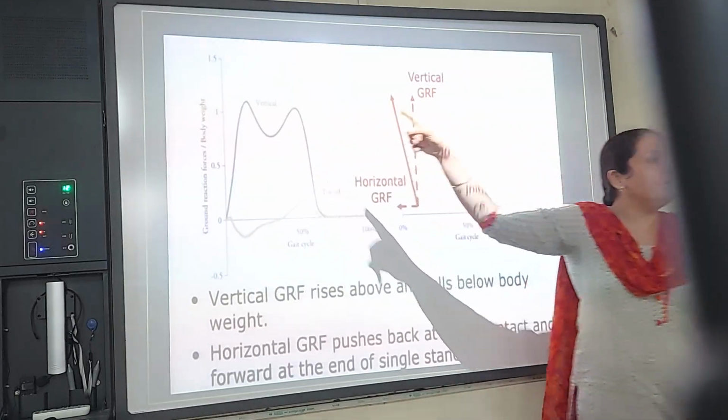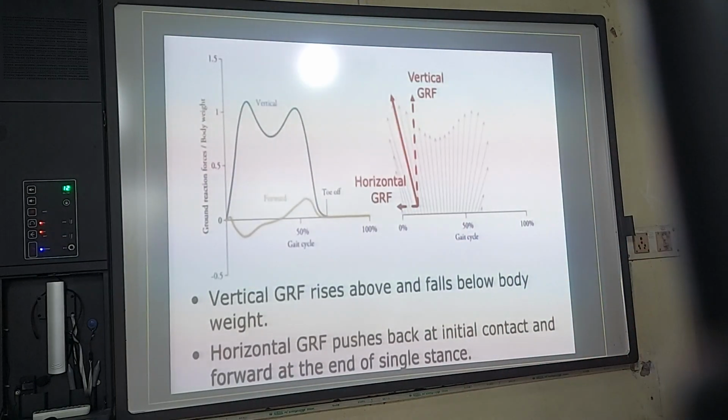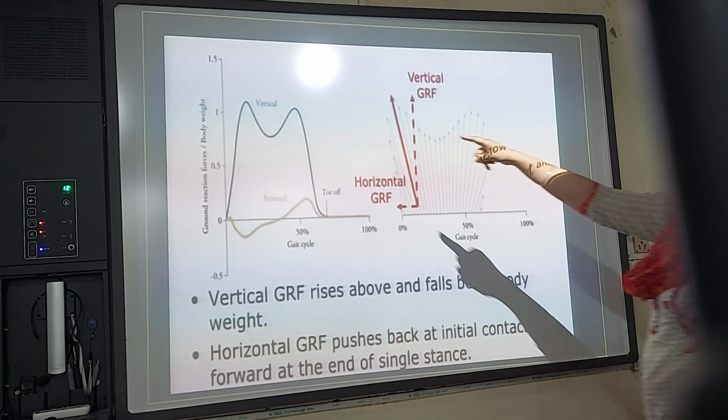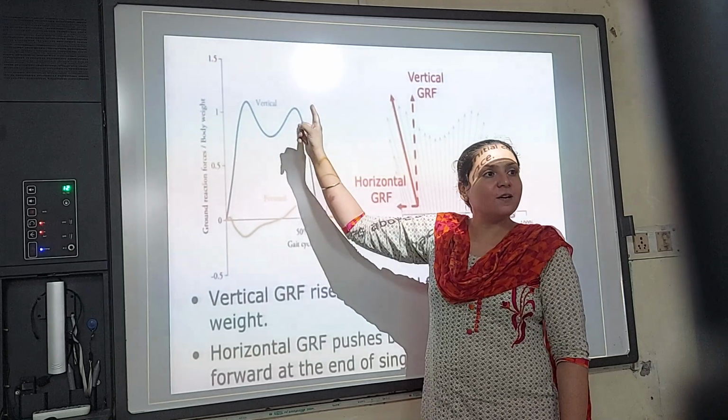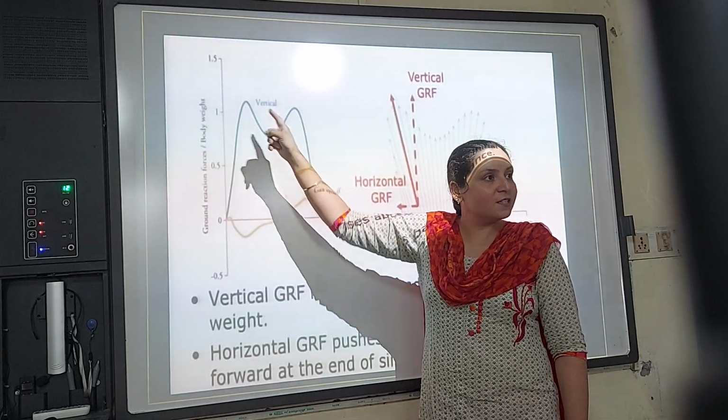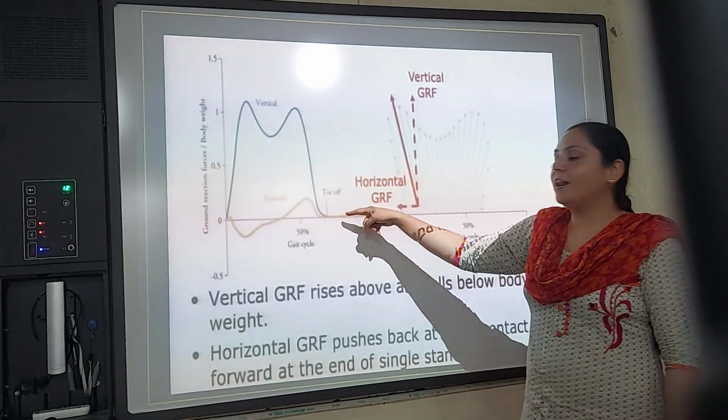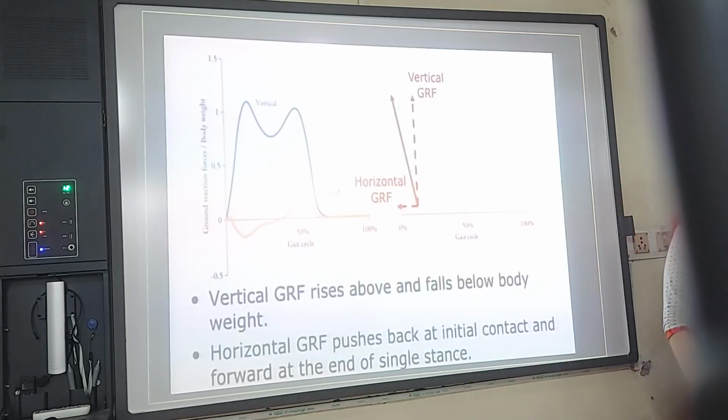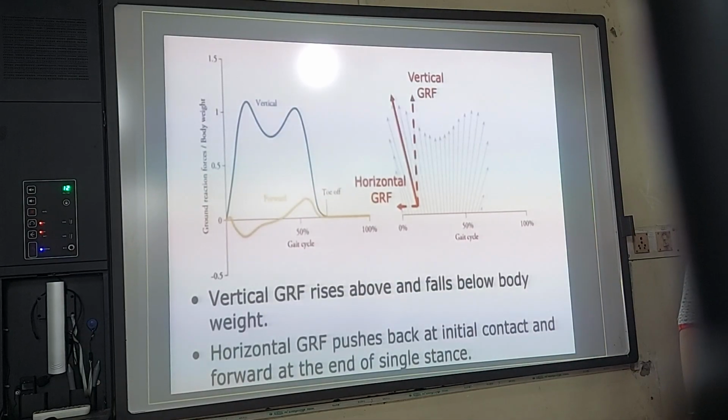And what happened here? Why is there a second peak? Because in the heel off phase, there was again an increase. Can you see? There is an increase. There are two peaks. You understand, a peak and there is a drop. And then there is a fall at the toe off phase. Can you see that? Yes. Is this clear? Why is this happening?